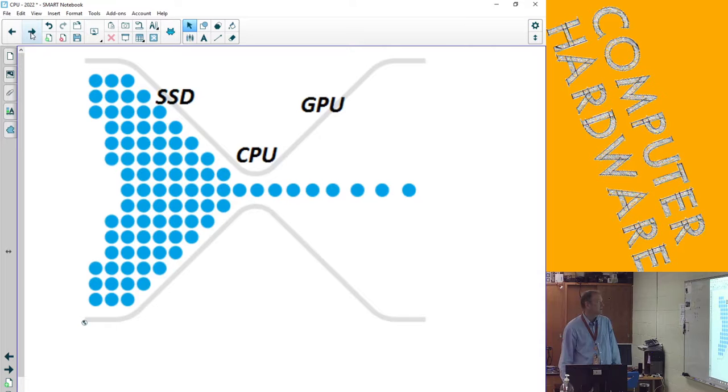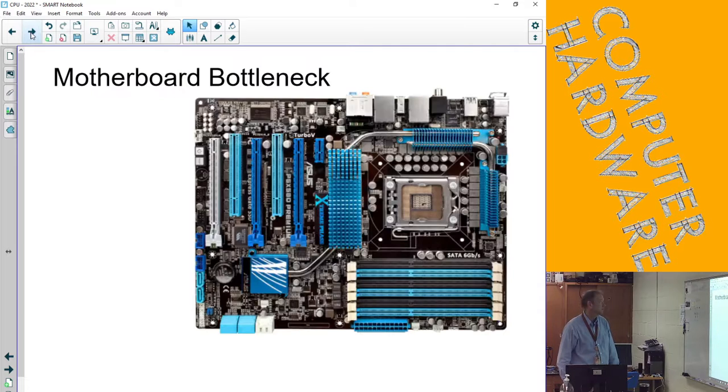But basically, the CPU can be a bottleneck, the GPU can be a bottleneck, the motherboard can be a bottleneck. In general, it's usually the motherboard that's the bottleneck or the memory. Really, the SSD, even that is not as fast with the newest SSDs. So bottlenecks can happen anywhere in our system, but when we build a system, we need to think about all